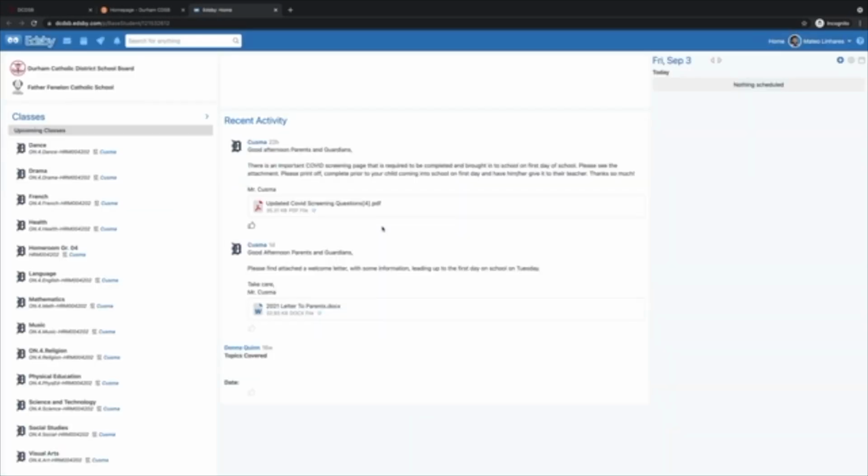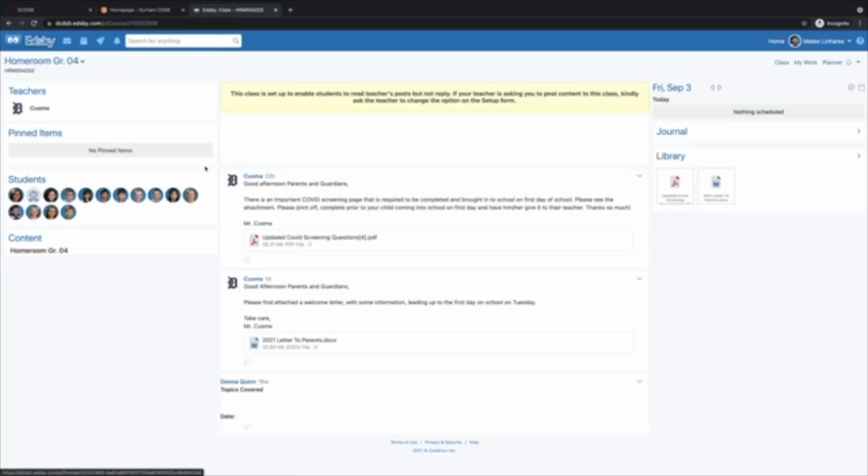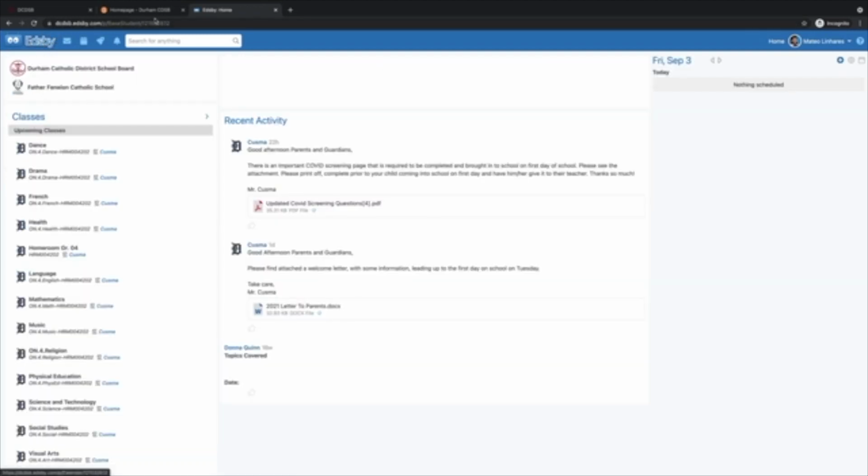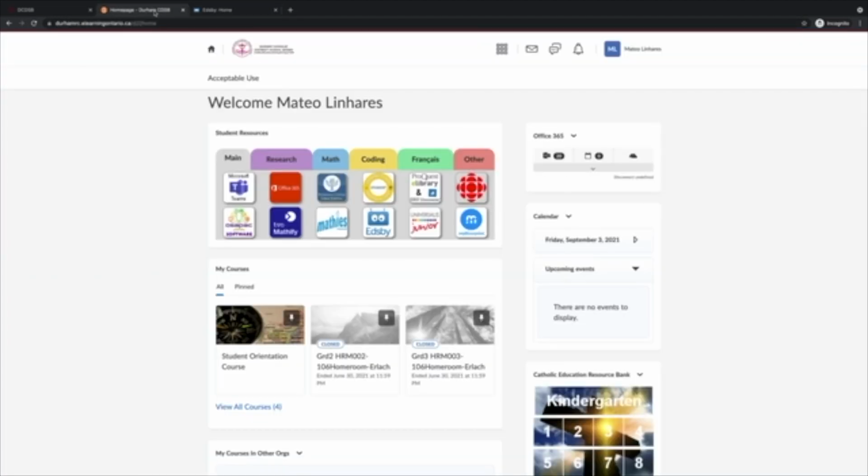So just go right in. I do not need to, once again, add anything in, okay? And I will be in my class. Along the side here, you'll see several classes. The one that's really important is that you look for your home room. So by clicking on home room, that's what you want to do, okay? So this is just an example here, so I'm not going to use that. We're going to go back to the portal. And here's another little thing that I want to show you. You're going to go over here to where it has the orange Office 365 button and click on that.